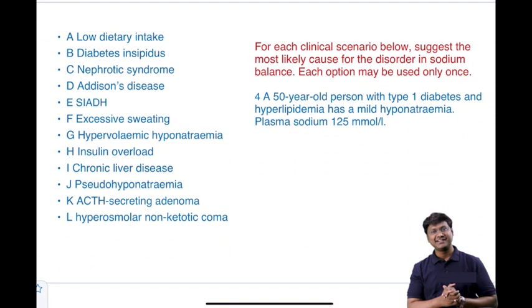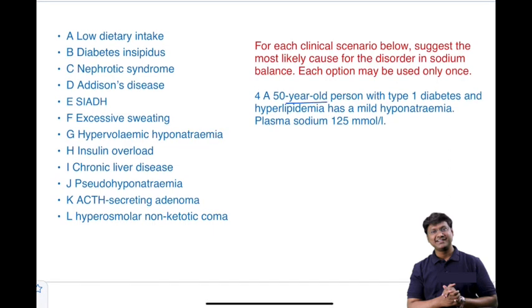Now, you take the fourth clinical scenario. A 50-year-old person with type 1 diabetes mellitus and hyperlipidemia has mild hyponatremia. The plasma sodium is 125 millimoles per liter. So what is this clinical scenario suggestive of? Our patient has hyperlipidemia and mild hyponatremia. In a case of hyperlipidemia, having mild hyponatremia is nothing but pseudohyponatremia. So what is pseudohyponatremia? Pseudohyponatremia refers to spuriously low serum sodium,